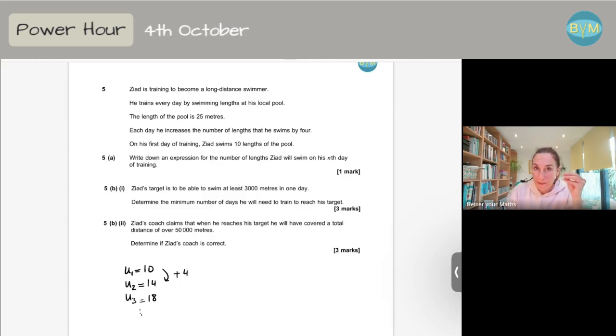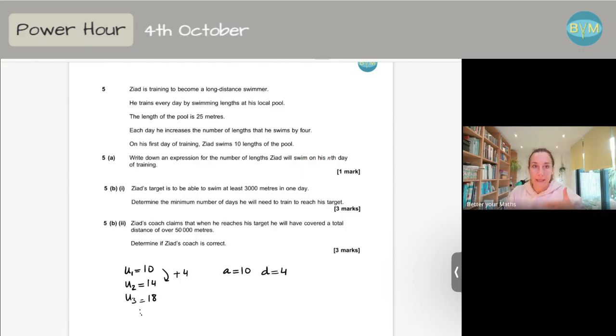So we have an arithmetic sequence. First term is 10 and the common difference is 4. Again, some of you might not have seen sequences and series, but it's one of the first chapters in Year 13. Now, write down an expression for the number of lengths Siad will swim on his nth day of